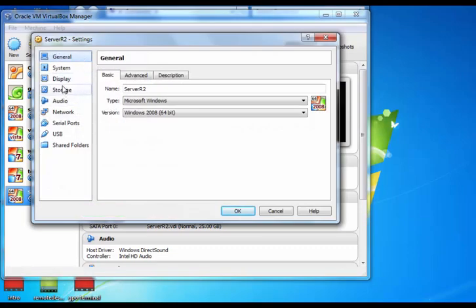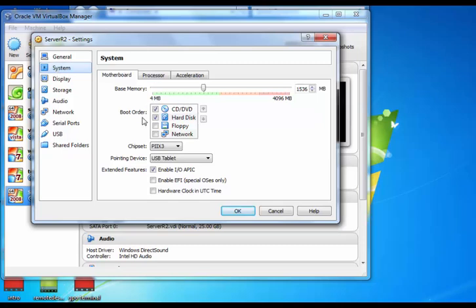and as you see here, I'm in the General tab, and I have everything in setup. It says Microsoft Windows, version Windows 2008 64-bit. Click on System and make sure the boot order is set to CD first, then hard disk, and then go ahead to Storage,